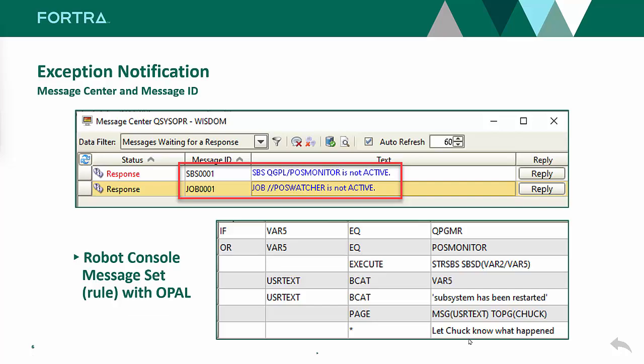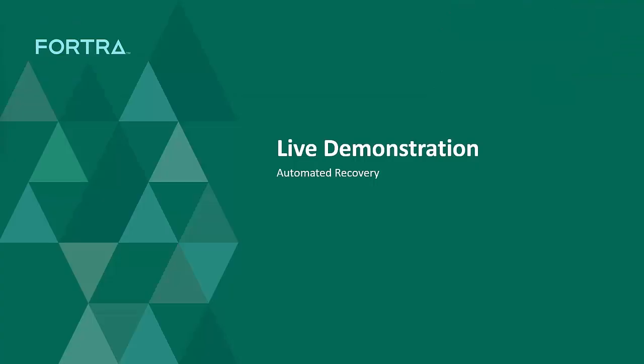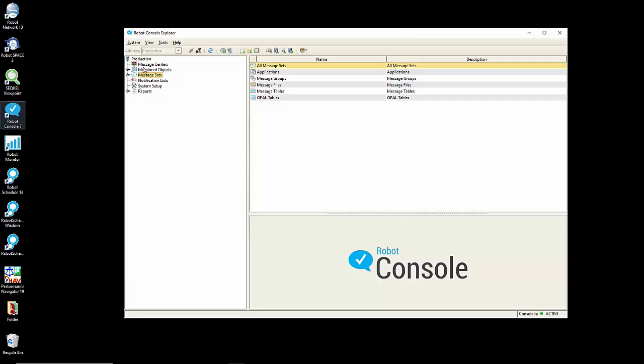We've restarted the subsystem. This might be best described by doing a live demo, so let's do that. I've already started the Robot Console Explorer graphical interface, and let's take a look at the components that are part of this automation. First of all, under Monitored Objects,